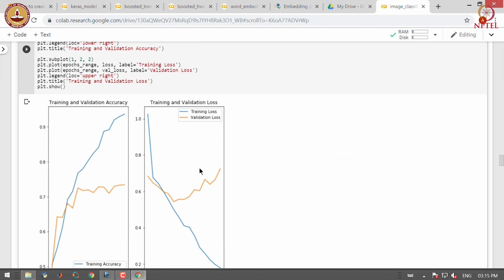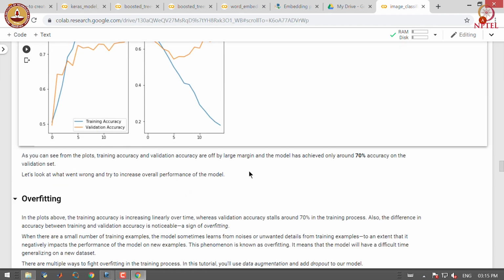So, this points to the fact that the model is overfitting. So, we have to explore strategies to increase the performance of the model by reducing the overfitting.